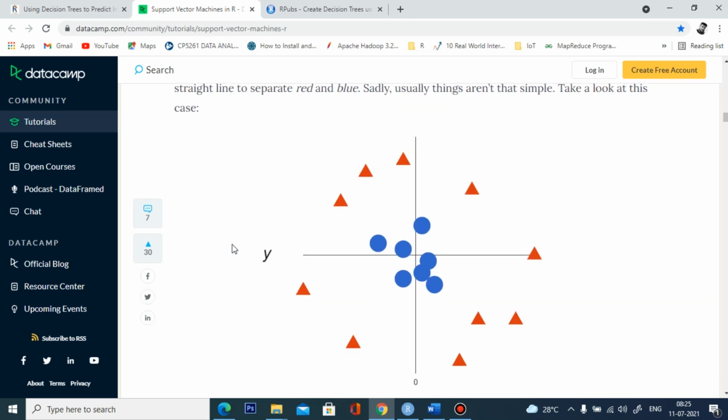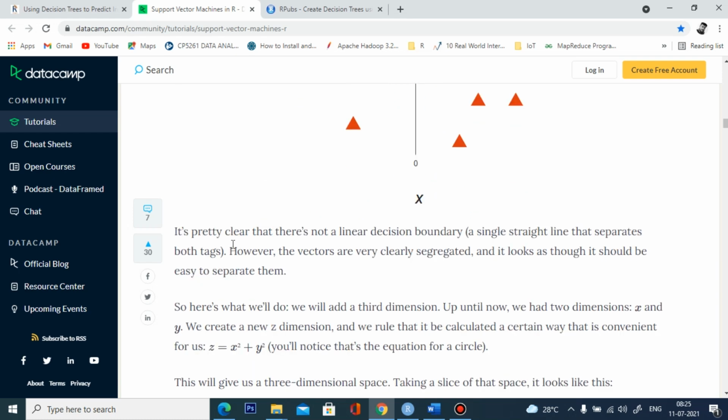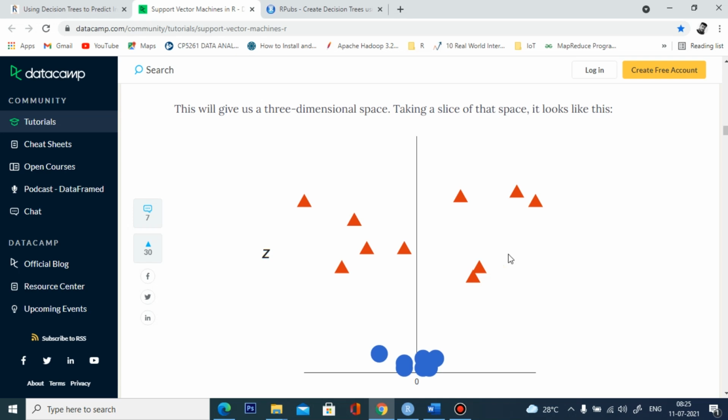So how are we going to separate them? We add an extra dimension to separate this data, the z axis. Z is equal to x square plus y square, which is a circle. Using this three-dimensional space we can easily separate the two data.